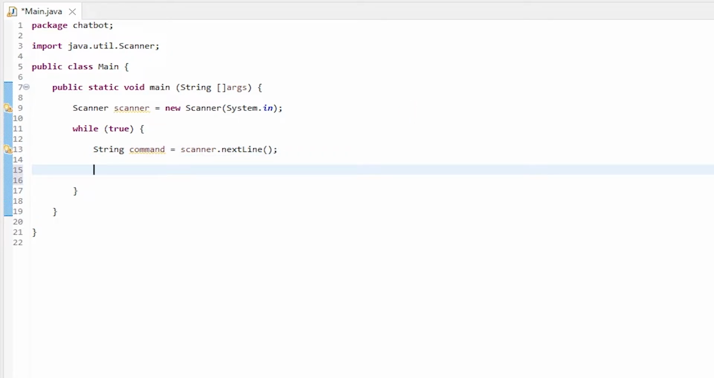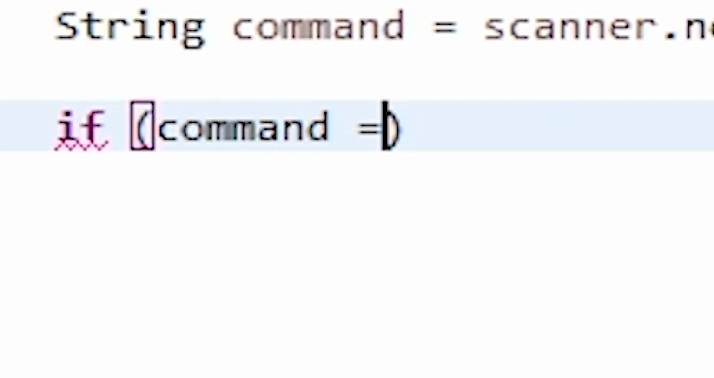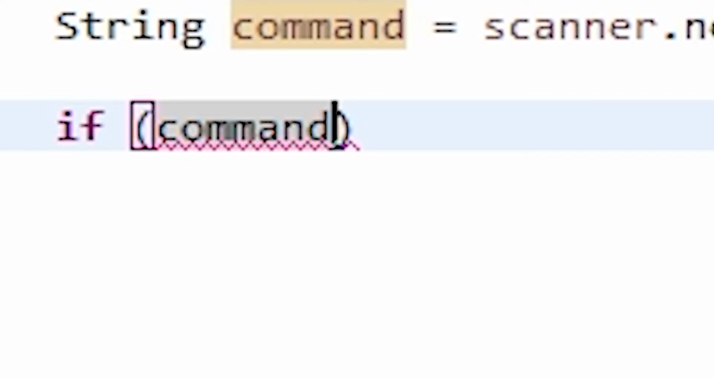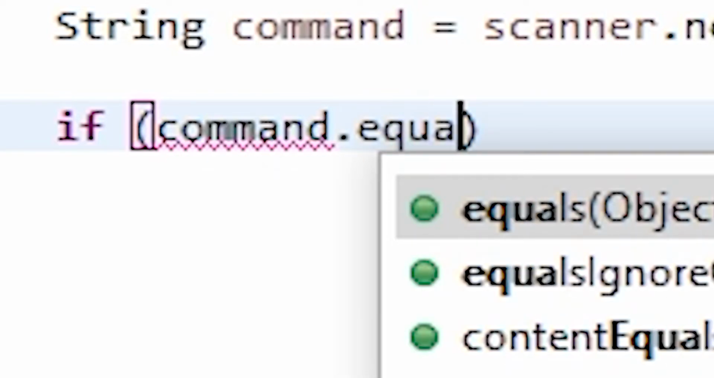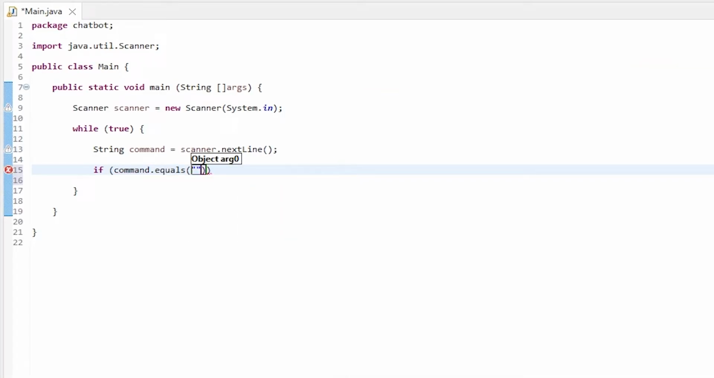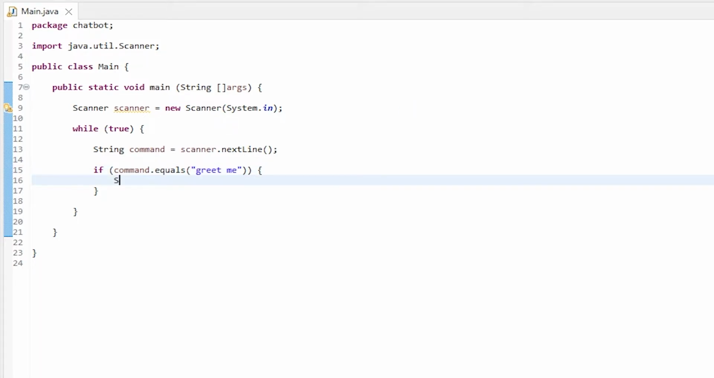Now let's make some commands. So we'll make some if statements. If command equals to, oh yeah, here's one thing I need to mention. When we are comparing strings, sometimes the double equal signs will not work. We will need to do dot equals, and then we have our string here. So if our command equals, let's say, "greet me", we're going to print out